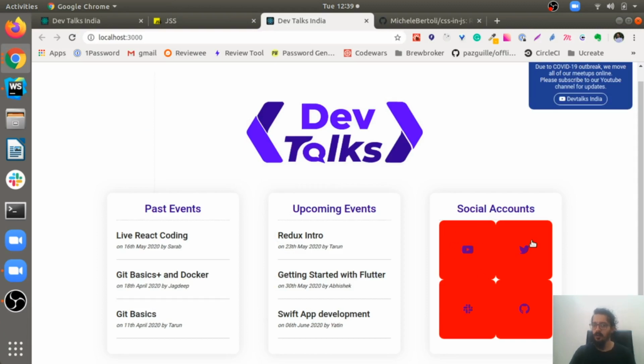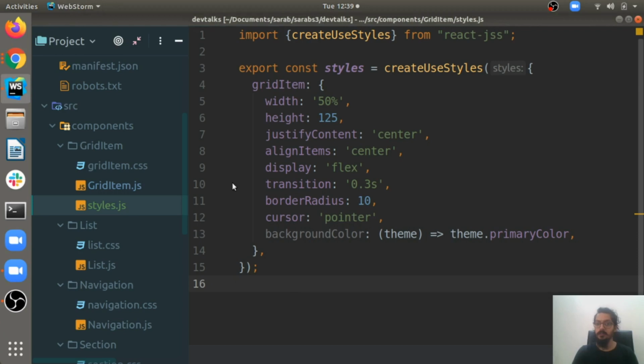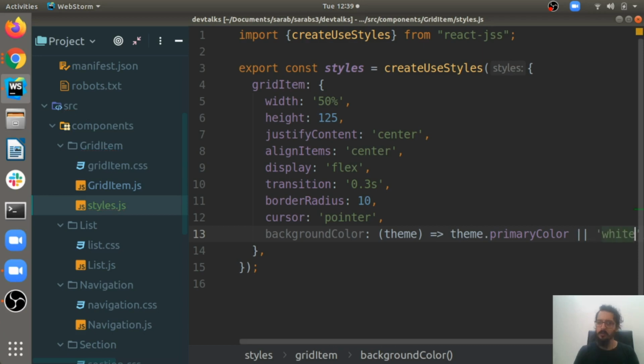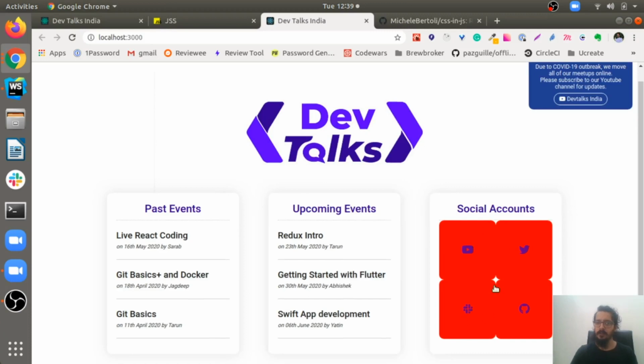Now they all got that red background color, but this is just optional. You are giving a CSS API to a user to change it, but what if they don't want to change it? Then in that case, just have white as your default option. So if nobody passes it, you will still get white. See, now I have passed red, I get the red.